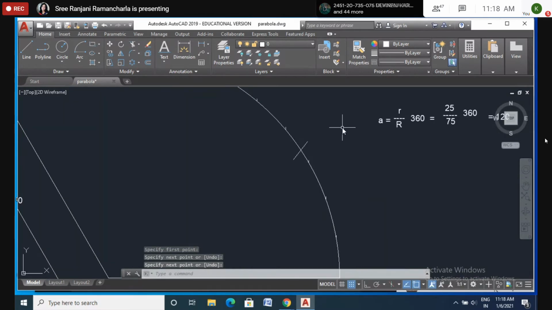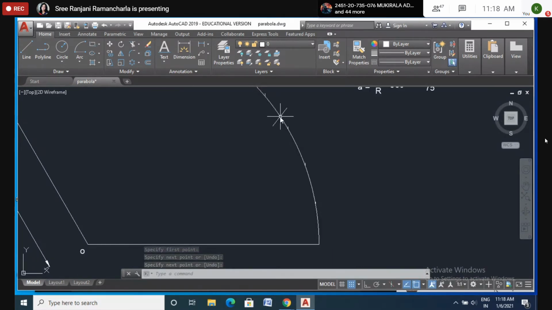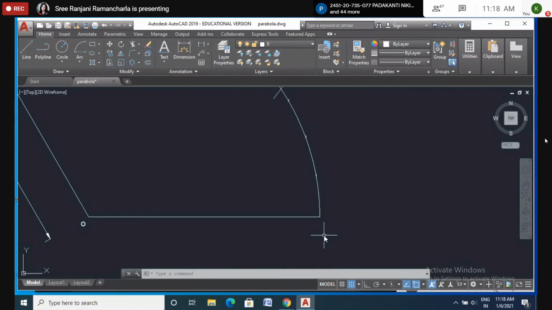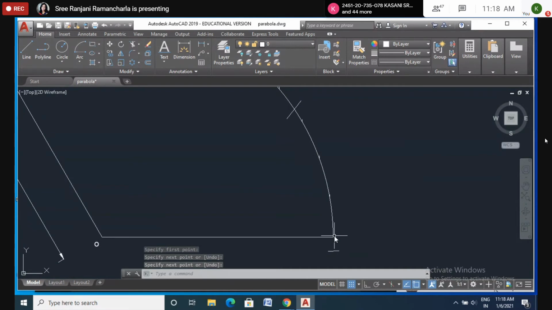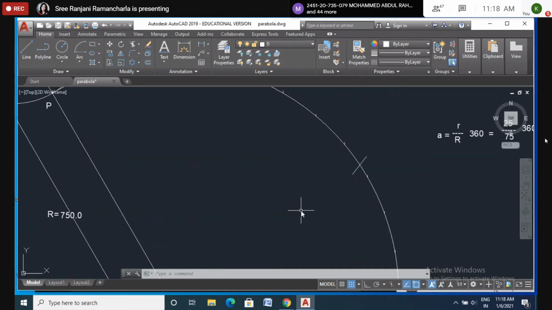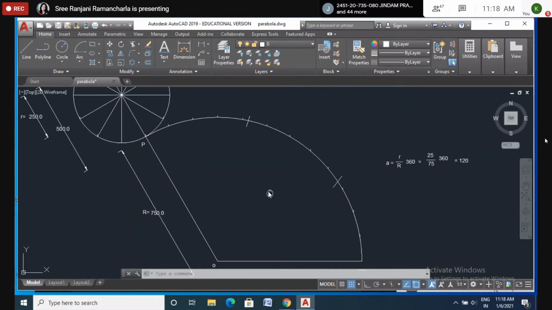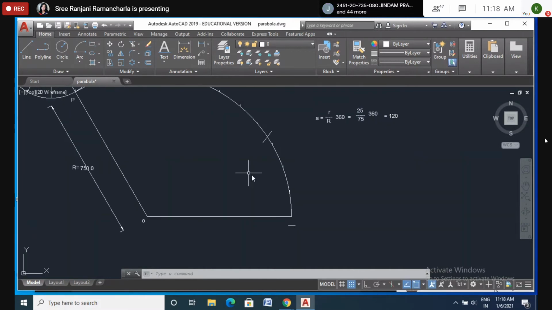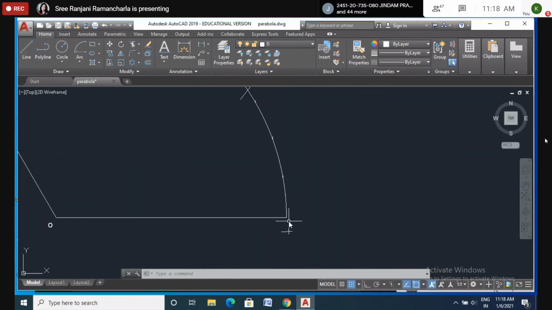Okay. Now again same length. This has center. Again I got somewhere else. Somewhere here I got. Okay. So if I got somewhere here, it means these lengths are not equal, right? These lengths are not equal. So we have to make it equal. So how to do? At this portion, you make it approximately equal to 3 parts.